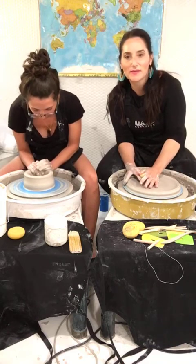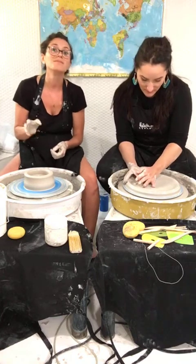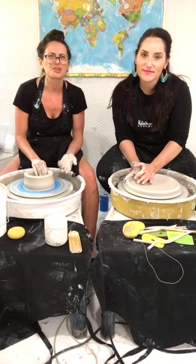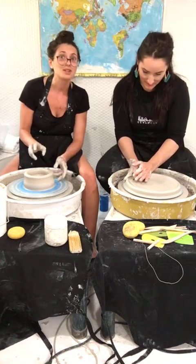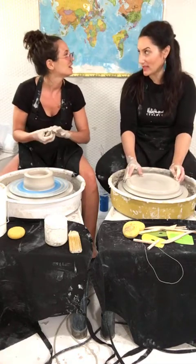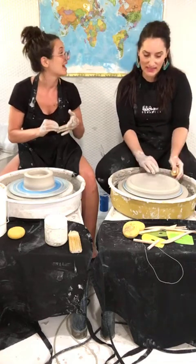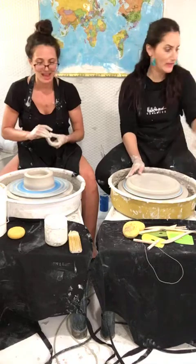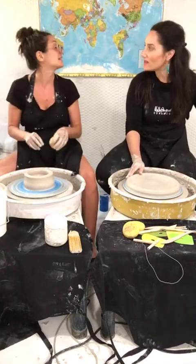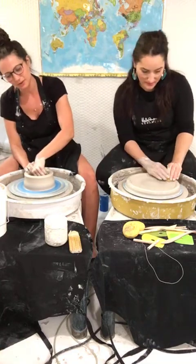Somebody said, what's easier, red clay or this type? I don't necessarily think one is easier than the other, whatever you get used to. Traditionally, the white clay has a reputation of being more cream cheesy. I've never thrown with porcelain, because they say that's like cream cheese. I don't know if that's true or not. I like clay that has a little bit of give and forgiveness, like, oh, you're going to mess up, so I'm going to let you do that. But I think that white clay is a little...